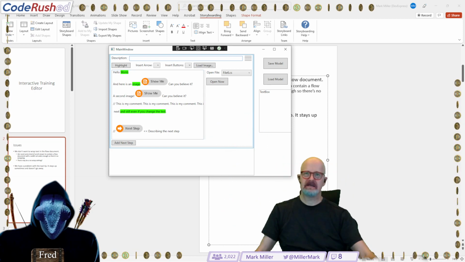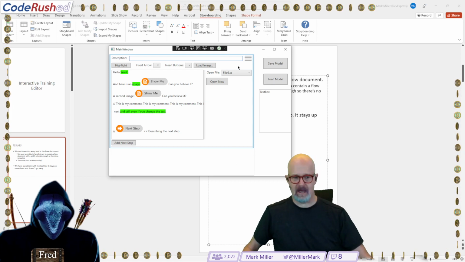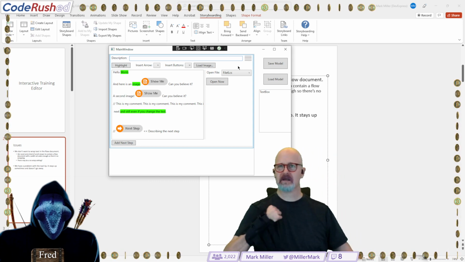And so the idea is, and notice I've got a little drag bar here, nothing happening yet, but I want to be able to drag this up and down. Maybe we'll do that today, I don't know. We've got an hour, so we'll see. Reordering of steps, so to speak.